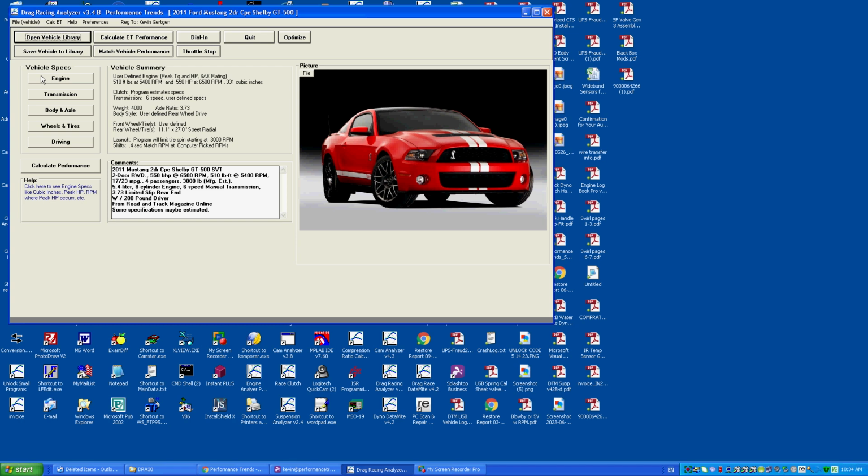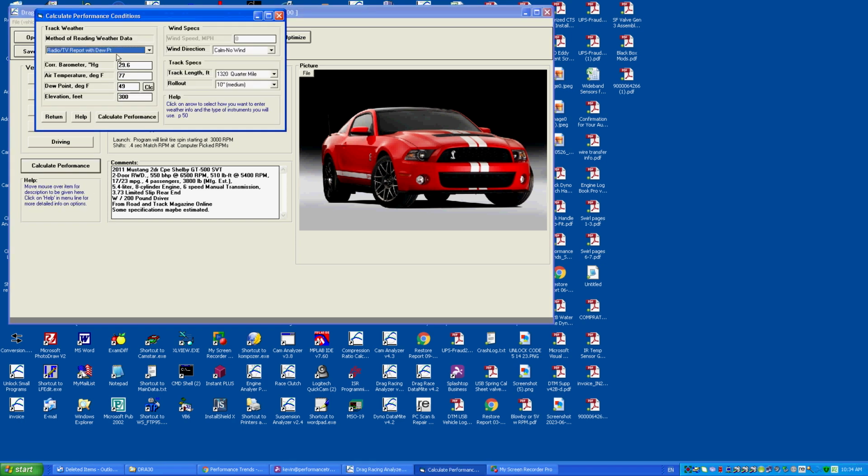What the drag race analyzer is meant for is to let you estimate straight line performance, either a quarter mile, eighth mile, or something longer or shorter, 300 feet for sand drags, or maybe even Bonneville, to estimate top speed. And it's got these different components here, engine, trans, and such, and then calculate performance here, which is weather conditions, wind conditions, and you can see here the different